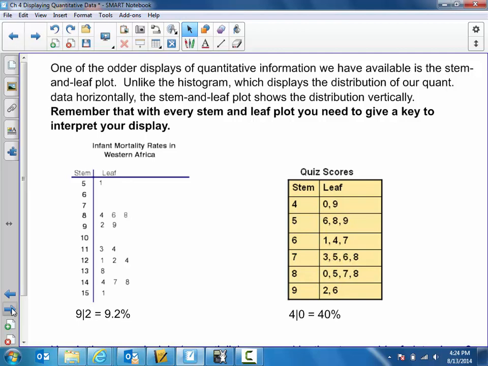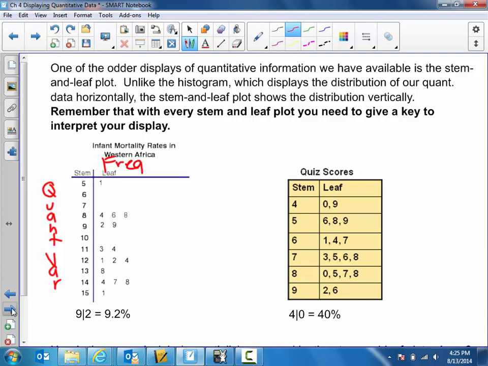Okay, so unlike, well, it is like the histogram. It's just sort of flipped around. You've got a stem and leaf plot. You've got two here, which also show you the distribution of quantitative data for whatever the variable is. In this case, on the left, we've got kind of a sad variable: infant mortality rates for countries in Western Africa. It's just like the histogram, but now on the vertical axis you've got your quantitative variable, and on the horizontal axis you have